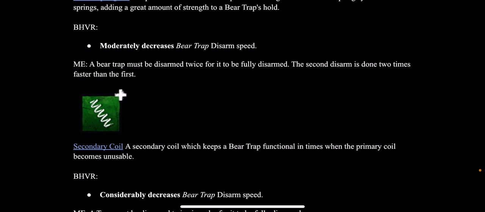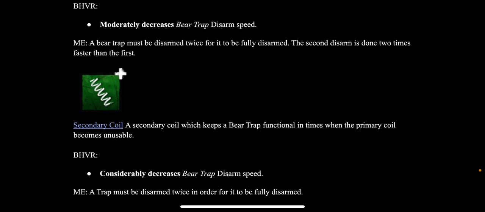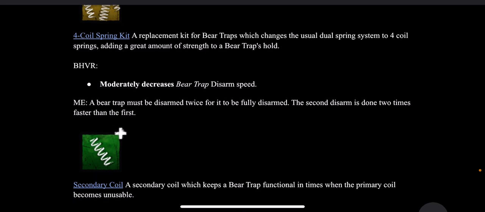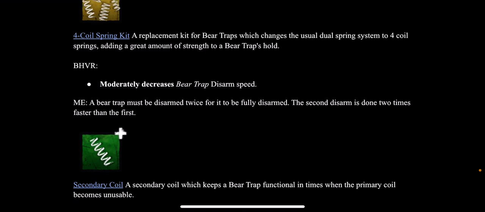And then the second one, the Secondary Coil. Behavior: considerably decreases the disarm speed. Trap must be disarmed twice in order for it to be fully disarmed, with the second disarm 2 times faster than the first. So these 2 add-ons, you'll get kind of a notification, and basically what these do, Secondary Coil,